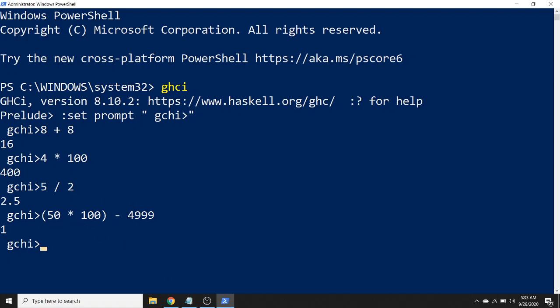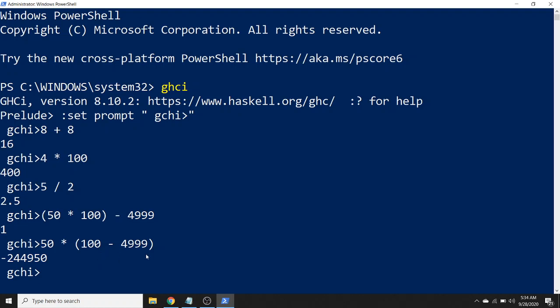If you change the parenthesis like this, 50 into 100 minus 4999, the value you can see.